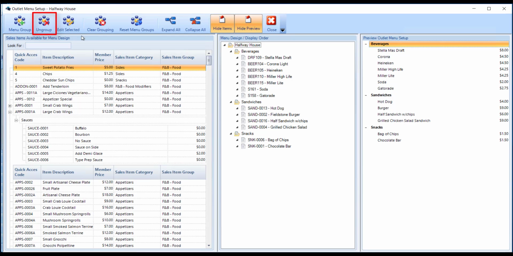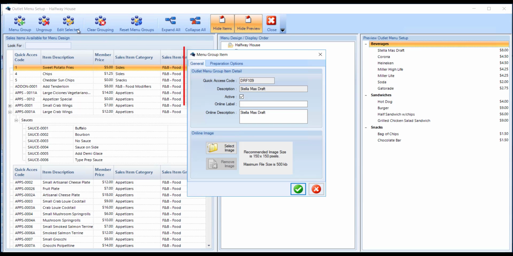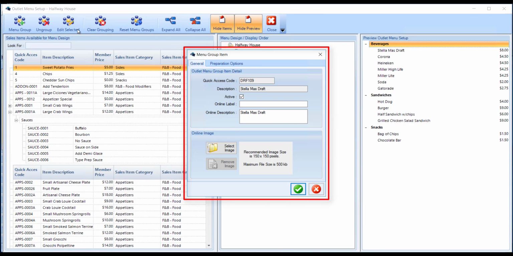Ungroup allows you to select a menu group, then select this option to remove the selected menu group and menu group items from the center pane. Edit Selected. Here you can select a menu group or menu item, then select this option to edit the selected group or item. For an item,